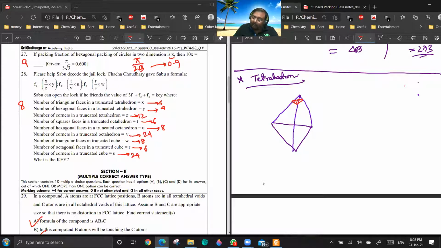Now, if you are cutting out one vertex, you are getting one triangular face. Now, if I do it here also,